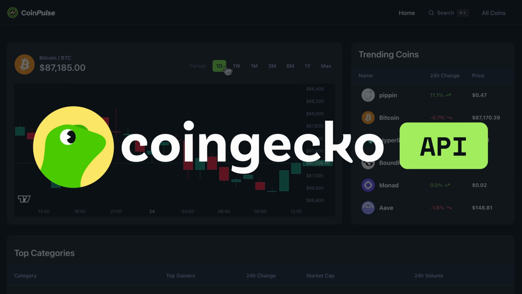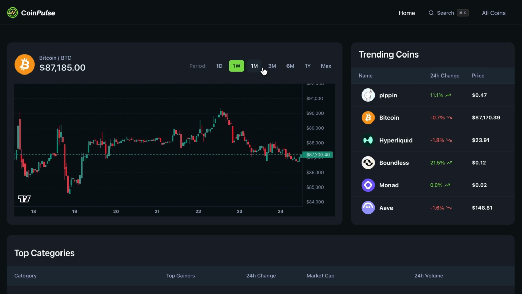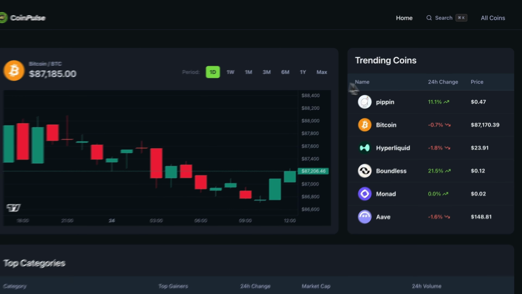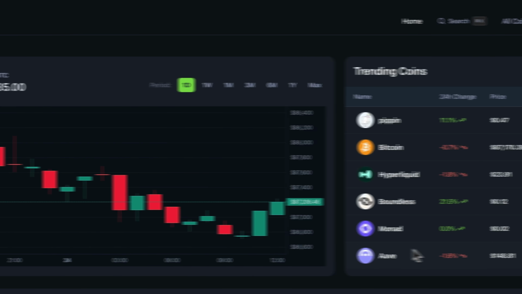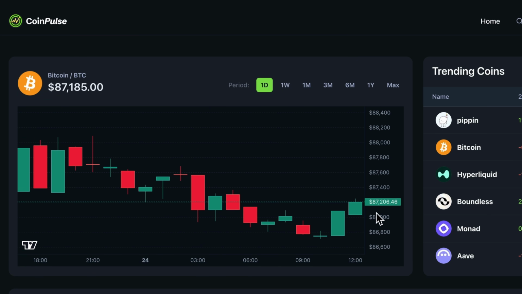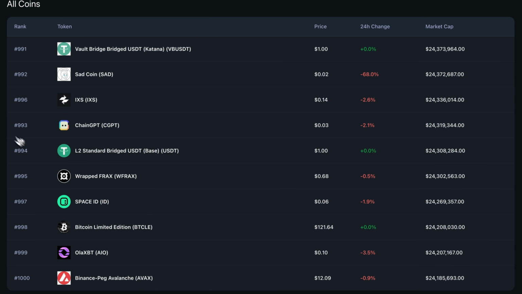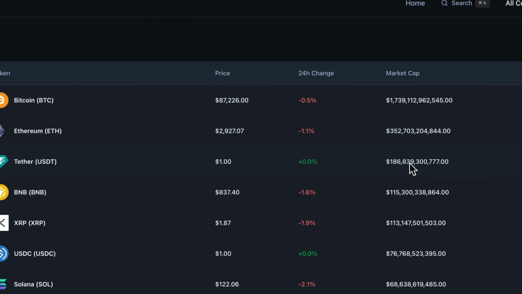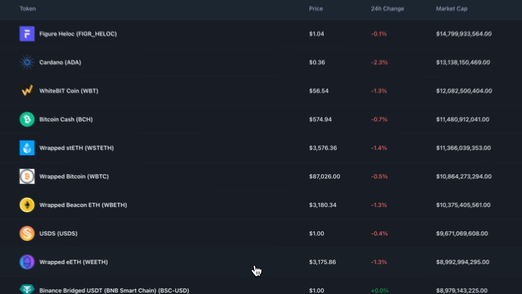It's powered by the CoinGecko API, handling the most volatile data on the planet in real time. Using it, you'll build a homepage that highlights live discovery of trending assets and categories driven by real-time market momentum, a global explorer coin feed featuring a comprehensive all coins view with rankings, prices, and efficient server-side pagination,